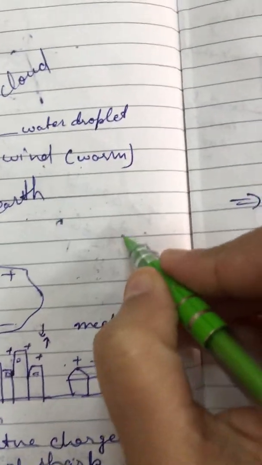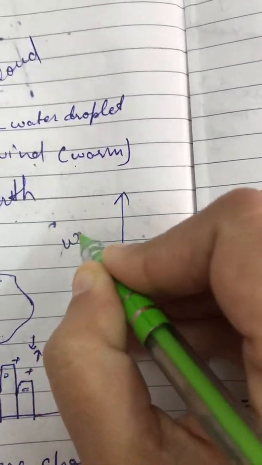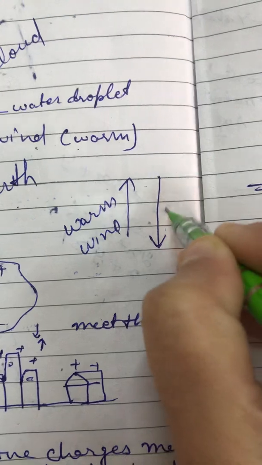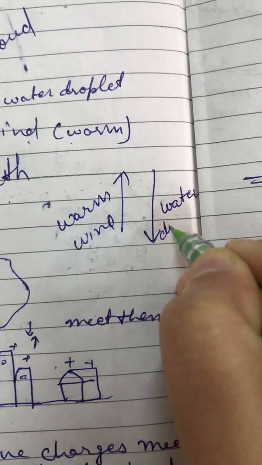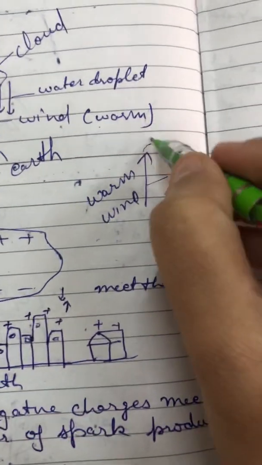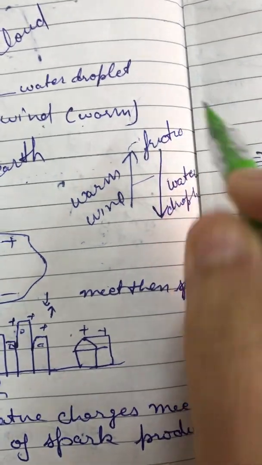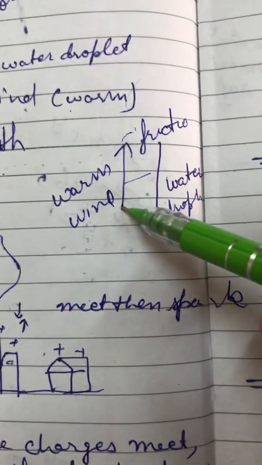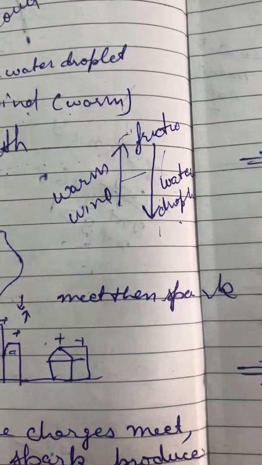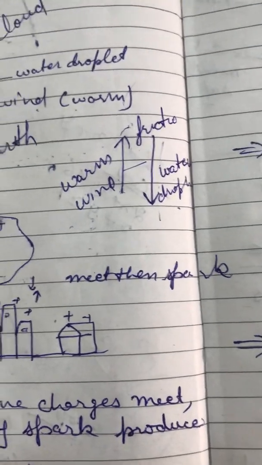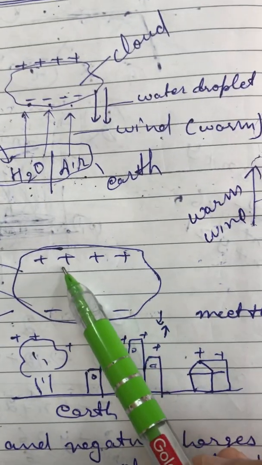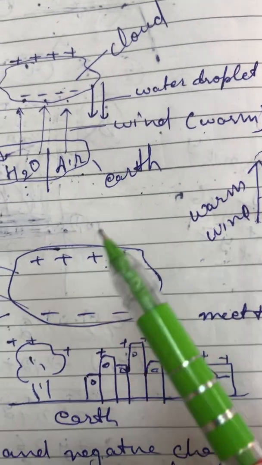What happened during the path? Warm wind moves upward and water droplets, or you can say the rain, move downward. What happened between the path? There is friction, or rubbing. The upward moving wind and downward moving water droplets interact with each other. And what happened during the interaction? Transfer of electrons, and hence the clouds gain positive charge on the upper part and negative charge on